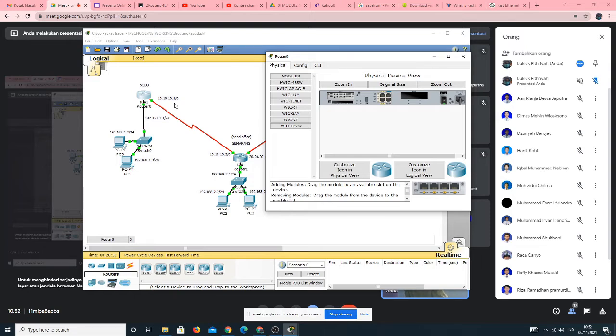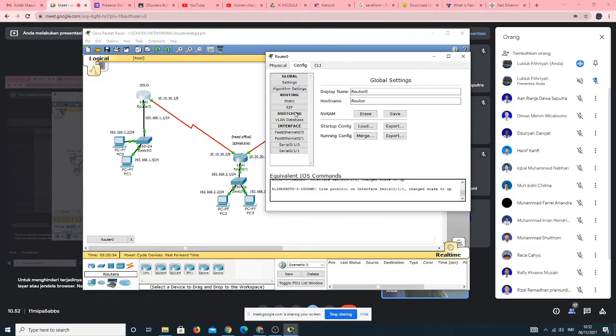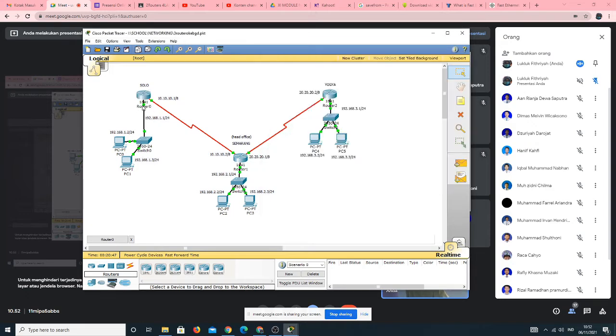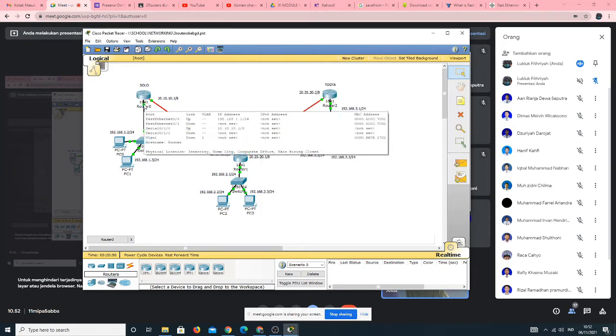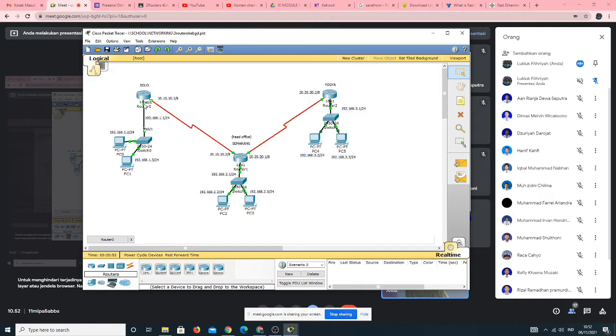Maybe in this connection we are not going to configure the RIP, we just need to configure the fast Ethernet, of course, to connect the router to the LAN. Fast Ethernet in this node is FA0/0 that is connected to the LAN Solo, and the serial of the router Solo is connected to the router Semarang.